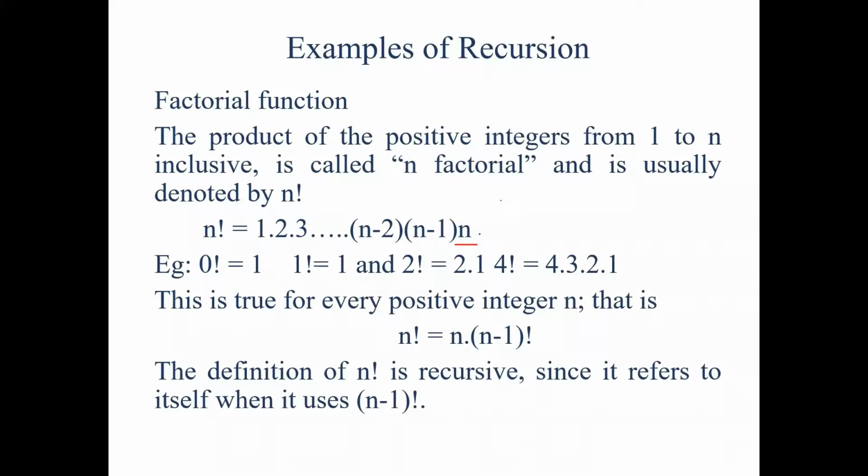So whatever the n value is, we will find the product of all numbers from 1 to n. Here you have to understand this contradictory point. Here 0 factorial, when we evaluate, we will get it as 1. So by definition, 0 factorial is equal to 1. There is also a proof of how 0 factorial equals 1.